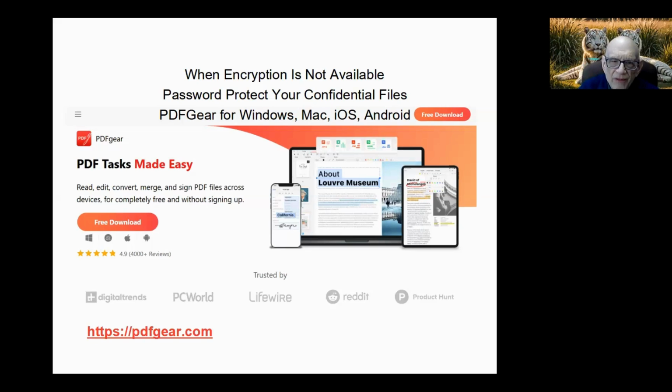Don't know whether you're aware of, but most PDF programs allow you to password protect your information. This is one that we have been talking about for a while on Wacky Mondays, and it's available for Windows, Mac, iOS, and Android if you want to be able to password protect your confidential files.